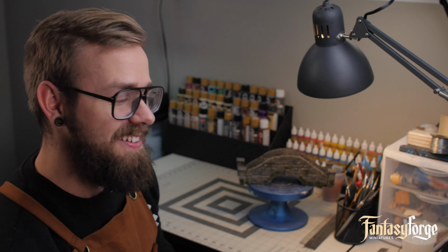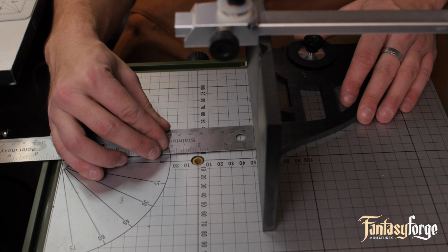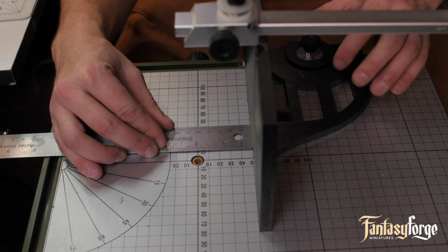Every good story has a bridge in it, whether it's stopping a Balrog from killing your entire party, or answering a troll's riddles to cross a river. You need a bridge, and that's exactly what we're going to be building today. So let's get crafting. Alright, so we're going to be starting off on our Proxxon hot wire foam cutter,